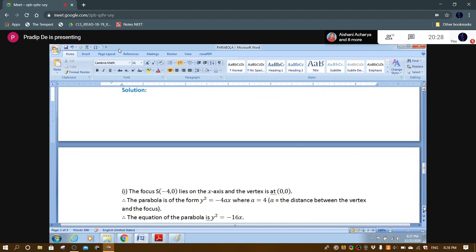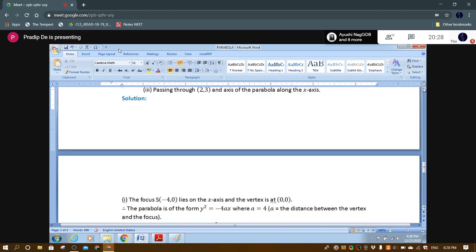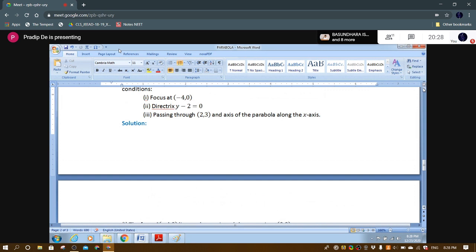Now part 2. What is the condition? First you note it down and try part 2. So can I show the question once? Directrix is y minus 2 equal to 0. That is y equal to 2. So y squared equal to minus 16, y squared equal to minus 8x. Correct. You see, the directrix is a line parallel to the x-axis